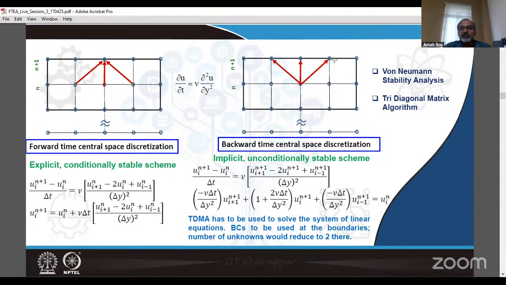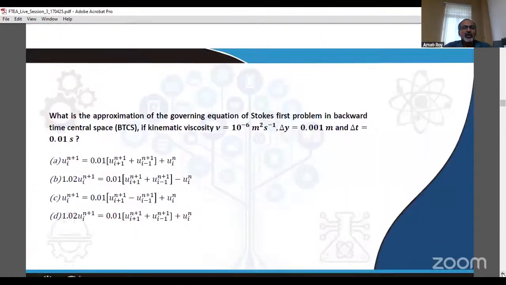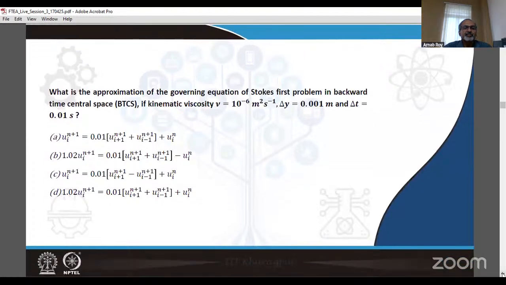these three variables simultaneously. Therefore, the solution altogether moves to the next time level n plus 1 when we solve these three equations. A very efficient algorithm is used for solving such a system of linear equations. That is what is called the tridiagonal matrix algorithm. We briefly say TDMA. So having discussed this background, now you can revisit that question, and I'm sure you